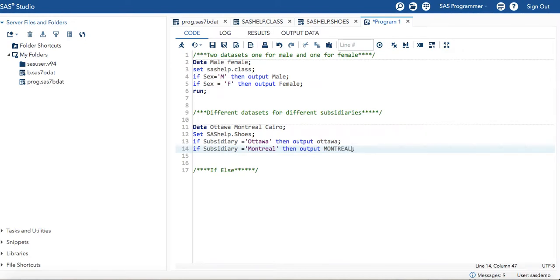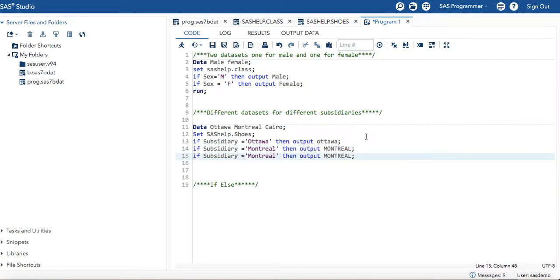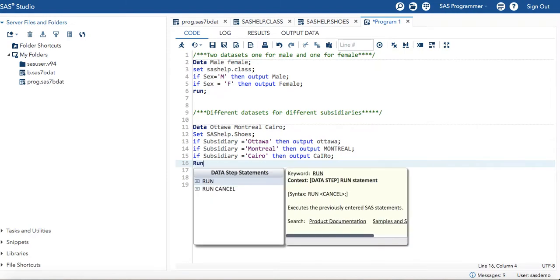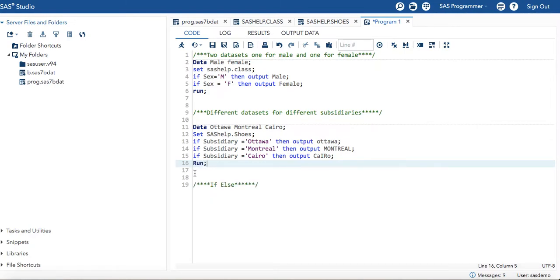Again, this is not affecting anything, because this is the name of the data set and this is the value stored in the column. Now I have to mention Cairo, and this is the data set name. So let's write it: Cairo. Now let's say run and see what happens next.